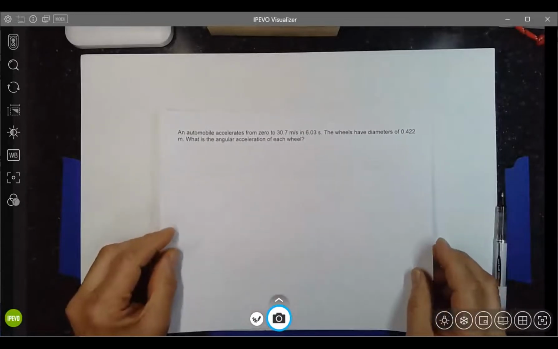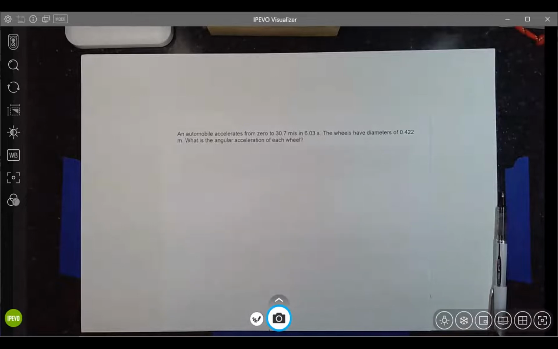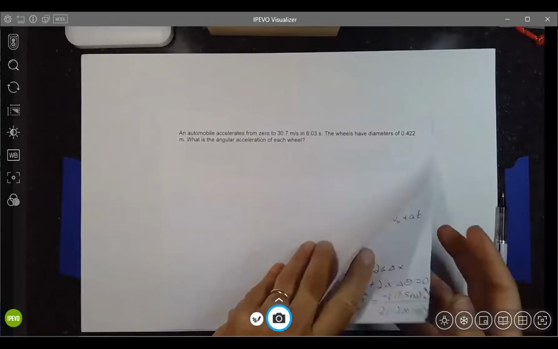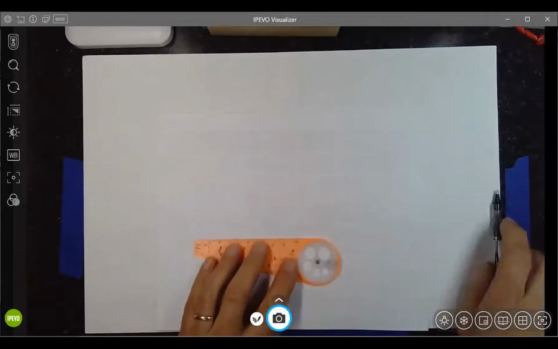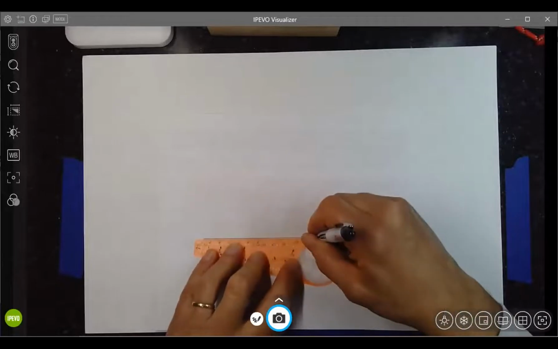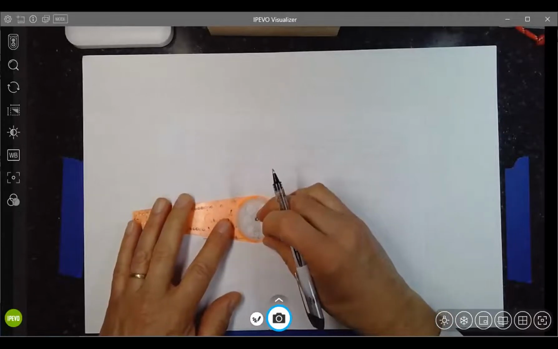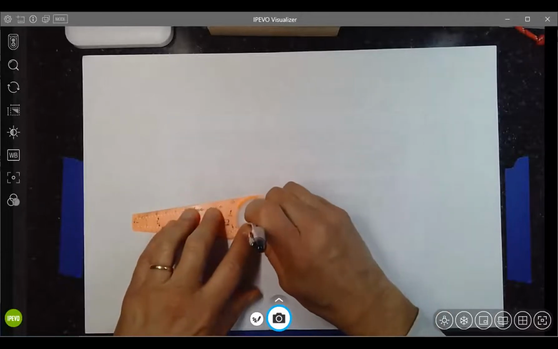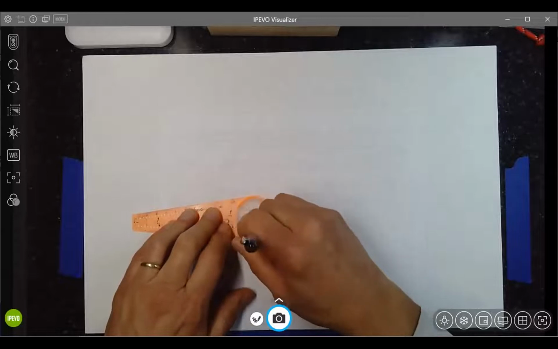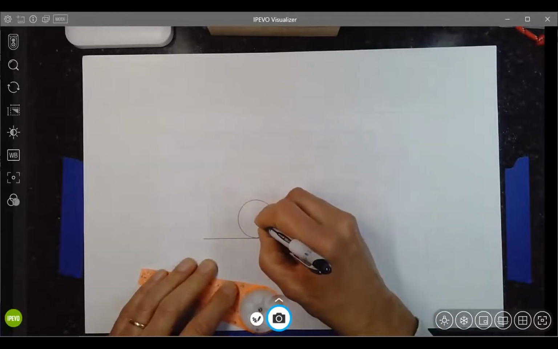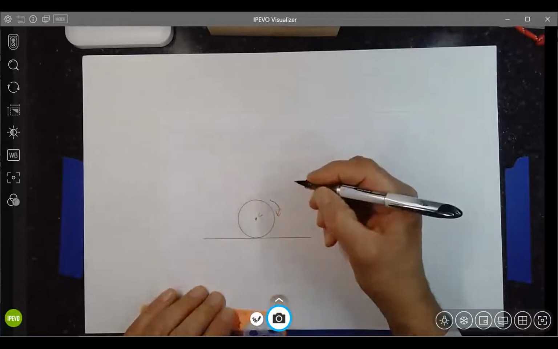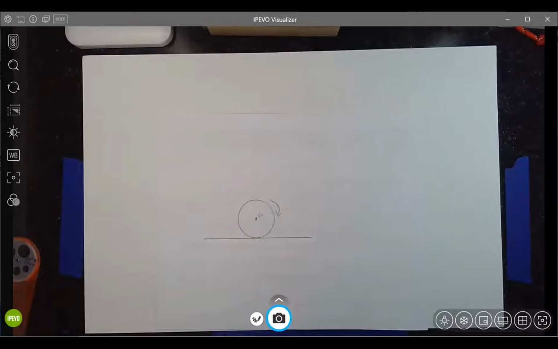Let's see. Here's something about cars and rolling things, and maybe I'll do something on the back of one of these previous sheets here, and we'll imagine a horizontal surface. I don't know where that nice green thing I used yesterday went. This ought to work. Okay, so here's the center of the wheel. The wheel is rolling along here like this, and we'll plug in the numbers on this a little bit later,